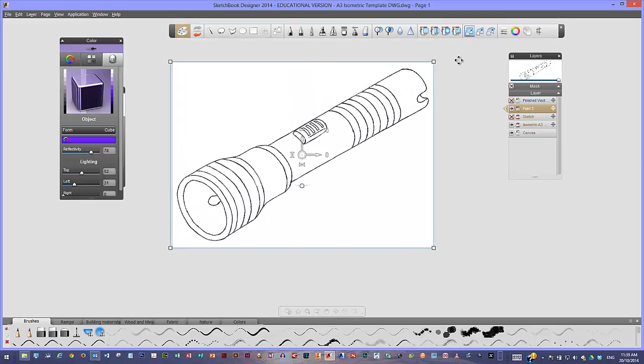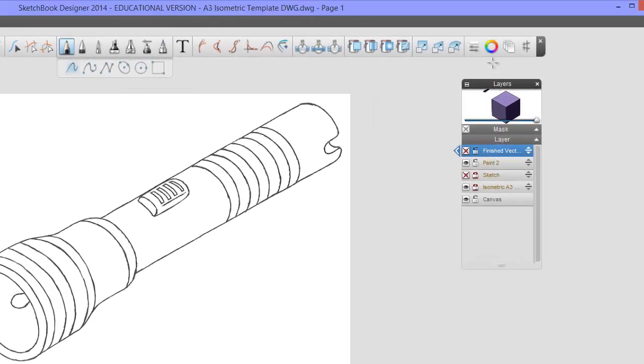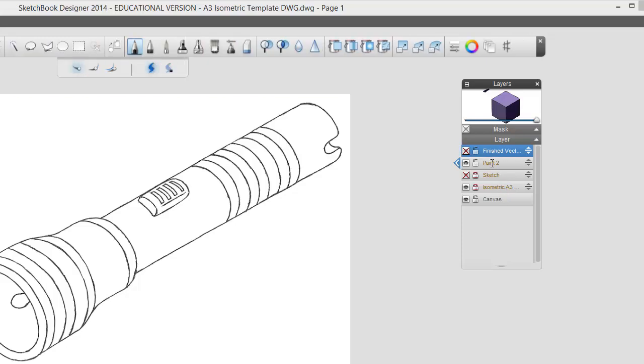I don't need to do anything else with it, so I can come off that tool now, choose a different tool, or switch into a different area up here. What I do want though is to be able to draw over the top of this one. So it's this one here. I actually want to name that so I know what it is. So I'm going to call that one torch image,